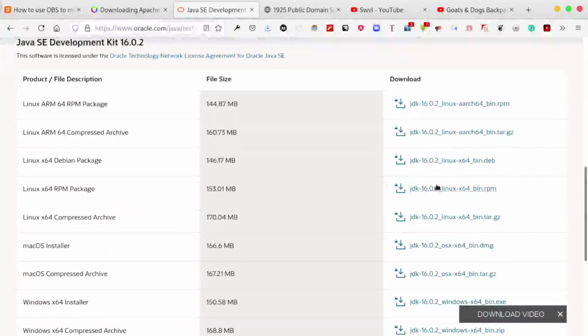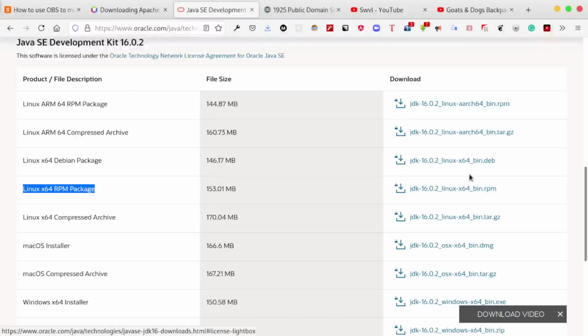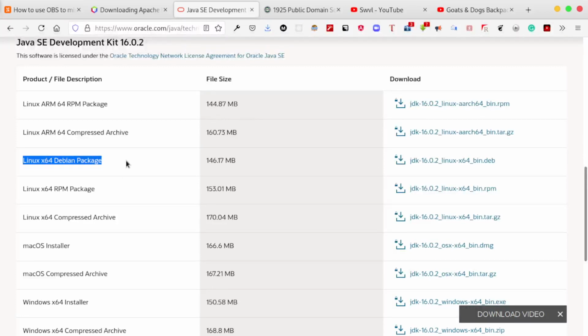And on this page here, you can see that we have ARM. This is about the processor that is installed in your machine. All these are for Linux. For instance, mine is Fedora 64-bit, so my package is an RPM. Yeah, RPM, this one here. So I just come here and click my RPM. If you're on Ubuntu or Debian, you will download this one here, Linux 64-bit Debian. You can see it here. It's a .deb, a Debian package, applicable for Ubuntu and the rest. And you also have others here for ARM processors.